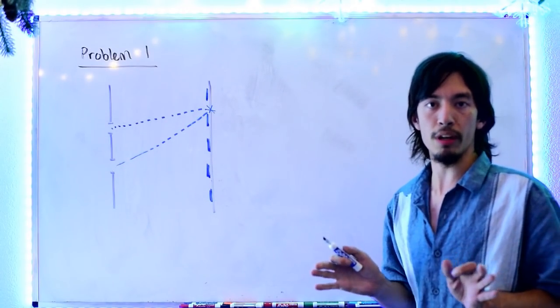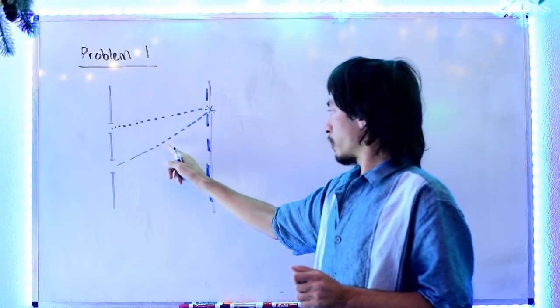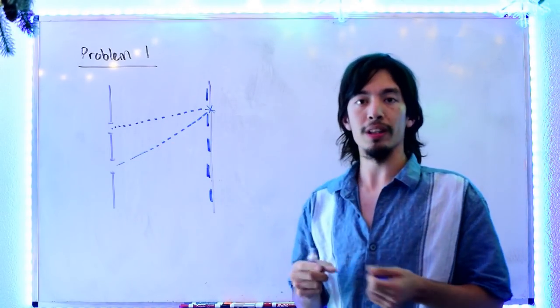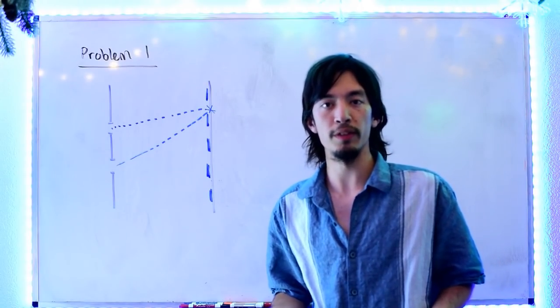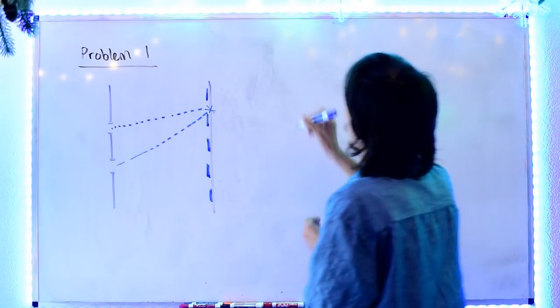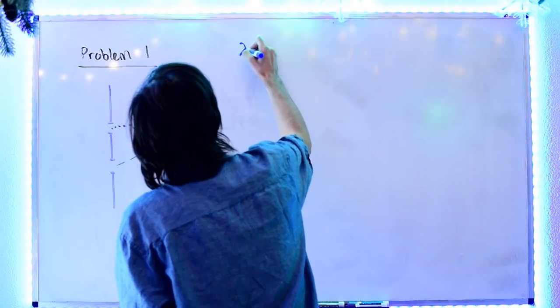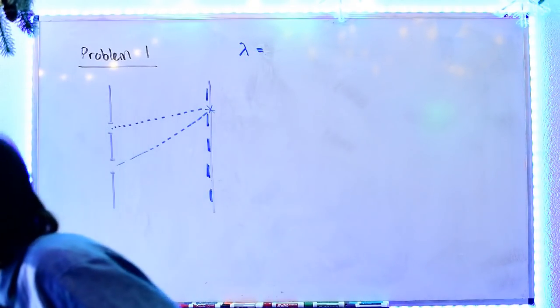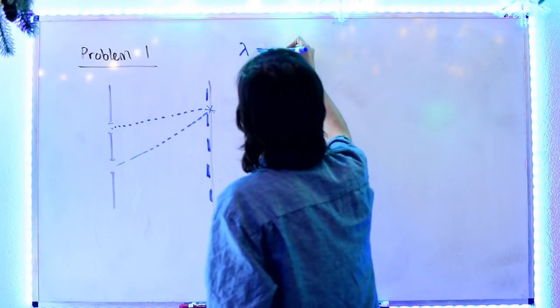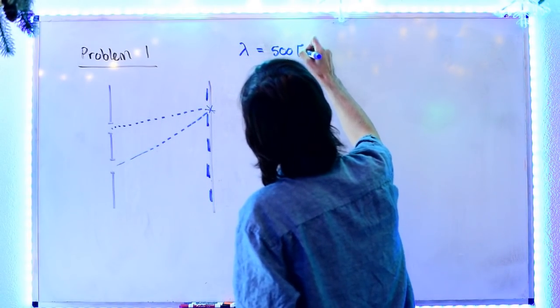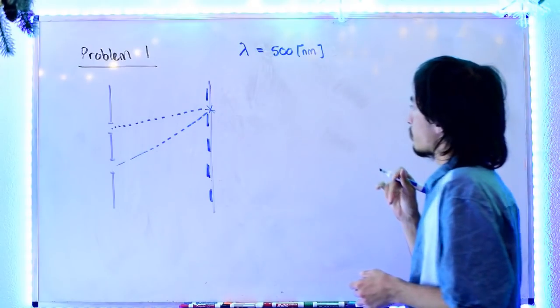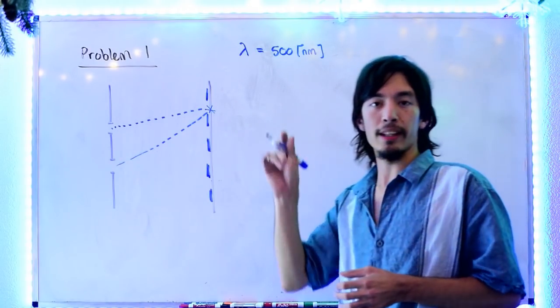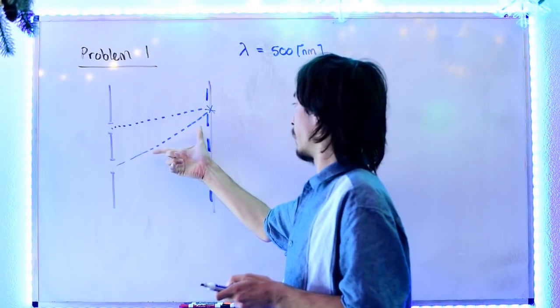The only thing you do know is that one of these paths has an extra length of 1,250 nanometers. Given that the wavelength of light in this problem is, I believe, 500 nanometers, and given the difference in the length of the path,